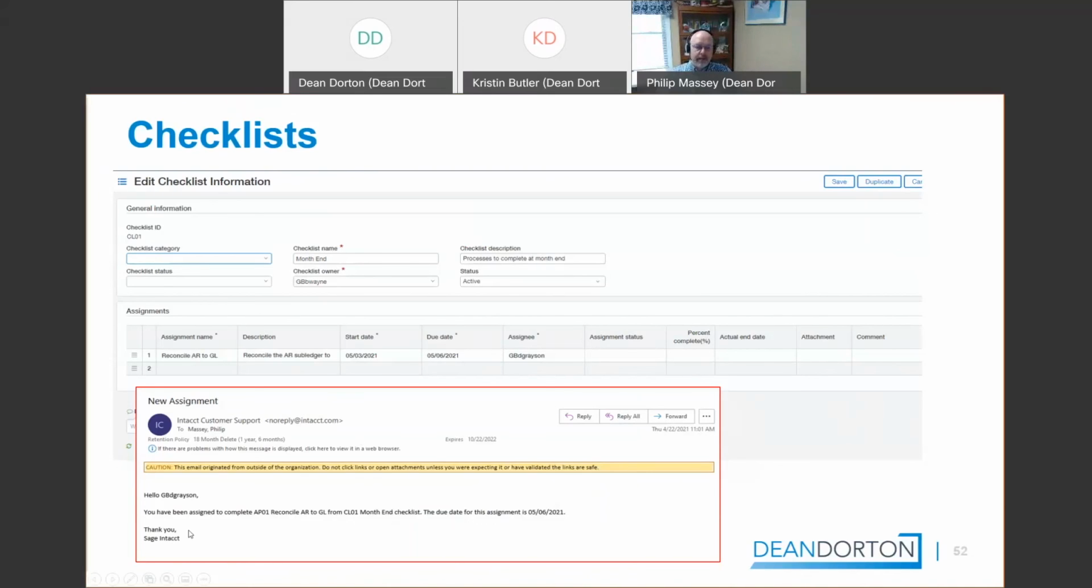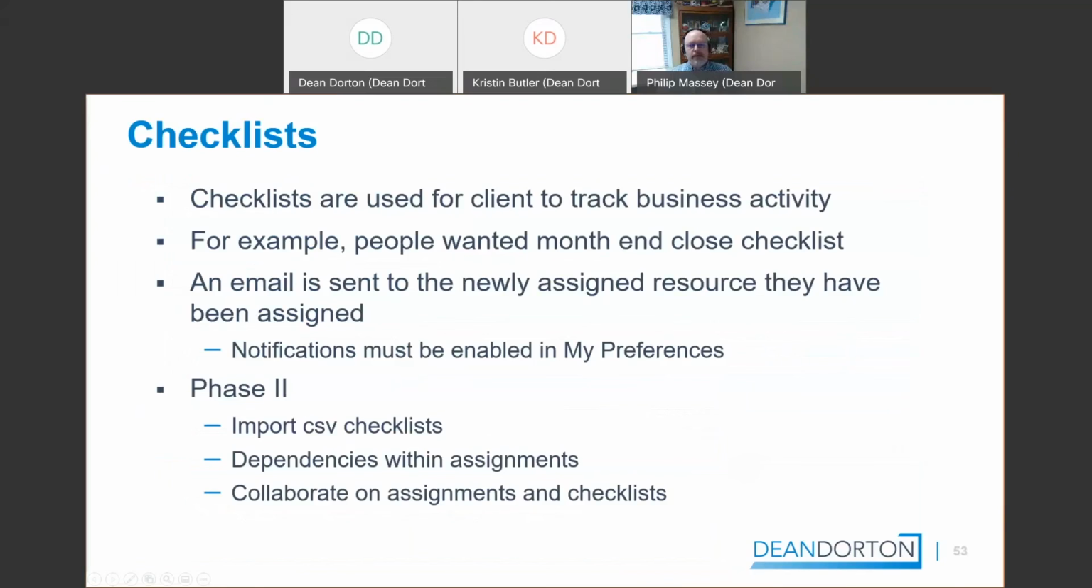You do have a capability, as you see here, to send out emails with this. So this lets, in this case, Dick Grayson know that Bruce Wayne has assigned him a task to do for the month-end close. They track business activities, as I said, month-end close checklist. As they improve the checklist process, they're going to give dependencies. So one item can be dependent on another. They're going to allow you to import CSVs,